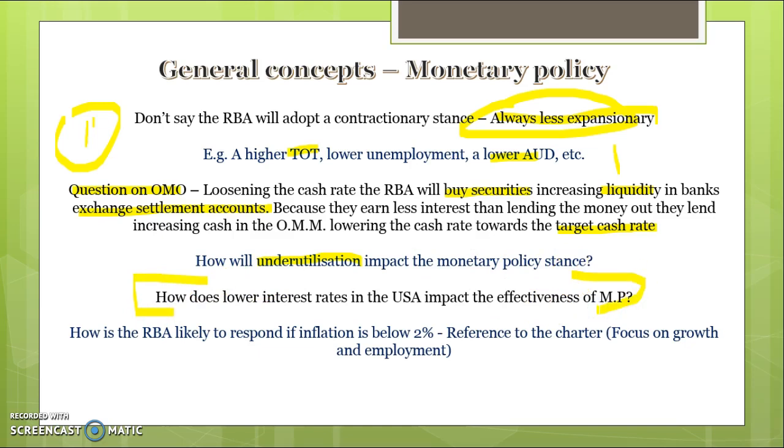The idea with this question is that if the USA were to lower their interest rates, now at the moment they're increasing, so it would be the opposite, but when they lower their interest rates, that can lead to an appreciation of the Australian dollar because we have higher relative interest rates. Now the issue with that is that might limit the effectiveness of an expansionary stance because through the exchange rate channel, it would have less effect. Lower interest rates in Australia would have less effect because the relative rates of interest would stay the same.